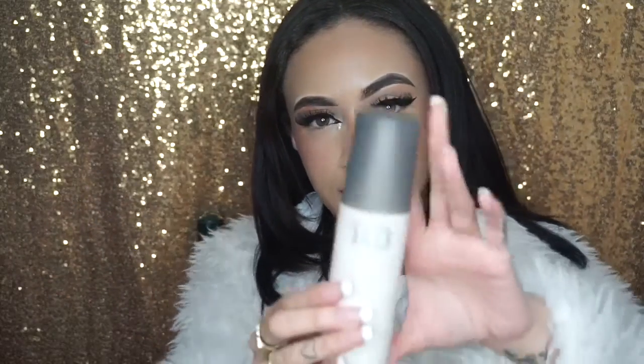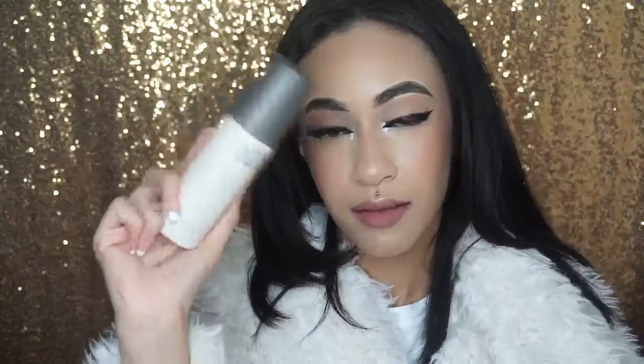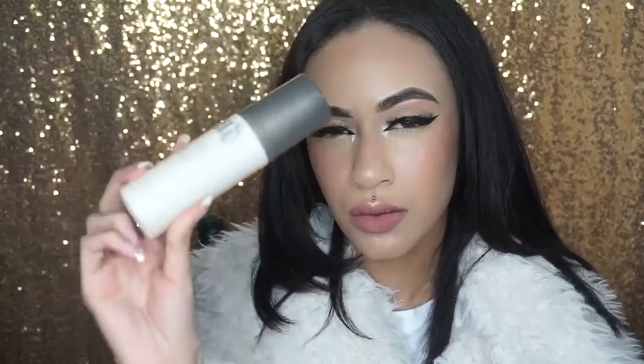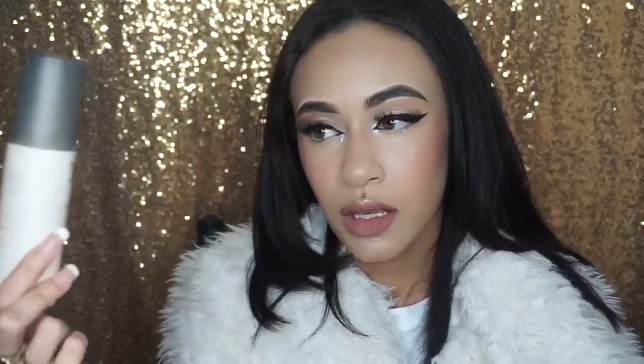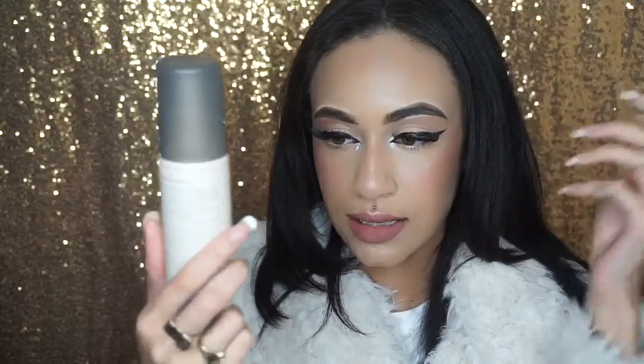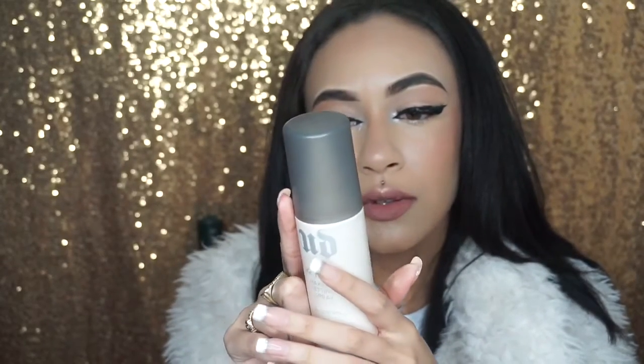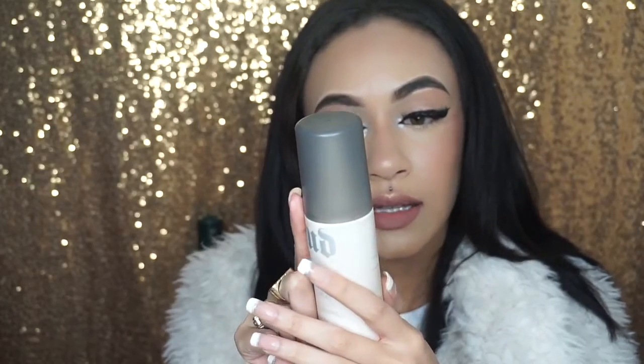But this is how it looks like. Not sure if you can see it because the bottle is a little dirty. I've had this for a little over a year, so this does last long. So you should definitely get it if you haven't gotten it already. If you do have oily skin, this is oil free, so I think this would be really good for you. It's really good for me, so hopefully it would work for you. It says temperature control, and what else? It says this is your weightless, powerful ally against oil. So it's like your friend against oil